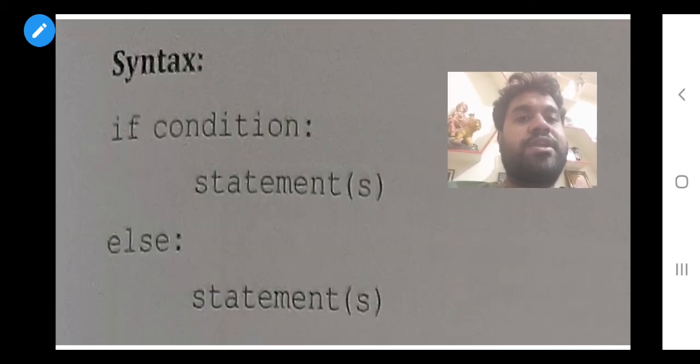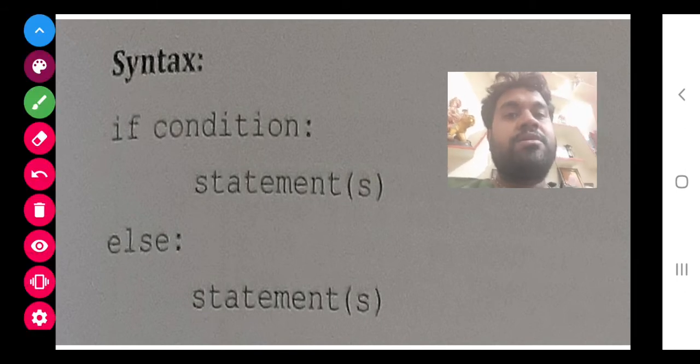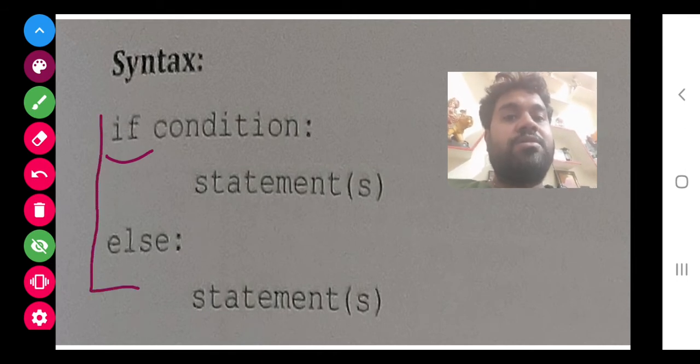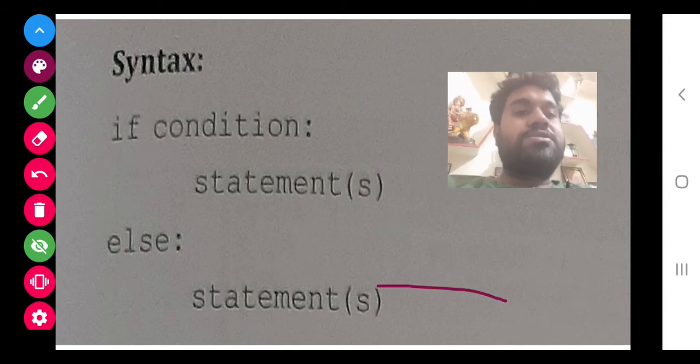So class, this is the syntax for the if else statement. If, then condition, then space, then statement, else, then the statement. These colons are very important, and the statement that you write, you have to give proper indentation. If this is on the same line, it should not be on a different line, otherwise the result will not come. This is, you can say, a limitation of Python, that we have to write exactly in the format they have given.